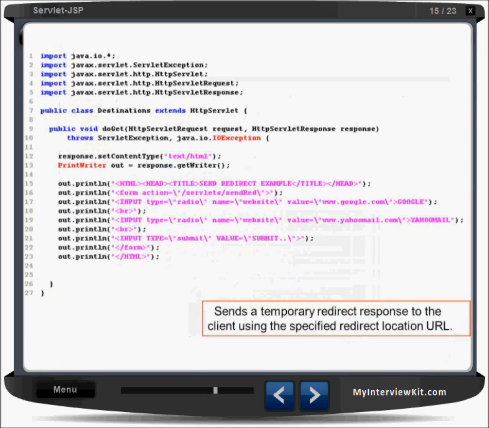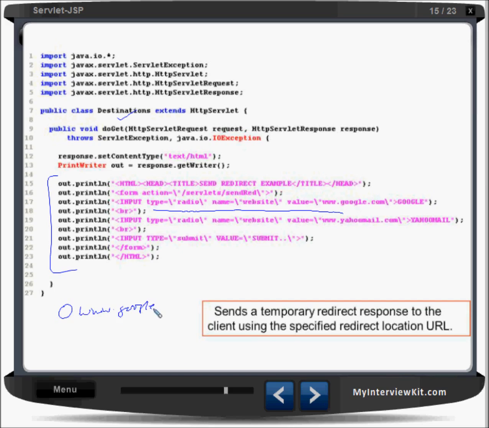Look here. I made one example. Consider I have one servlet, and this servlet is called by some URL. Just click here, this servlet is called. I am not doing anything there. Now this servlet generates one dynamic page containing radio buttons. The type is radio, name is website, and the value is www.google.com. Another one is Yahoo